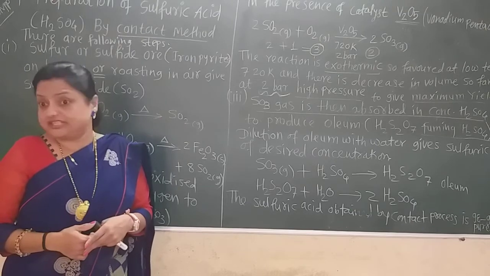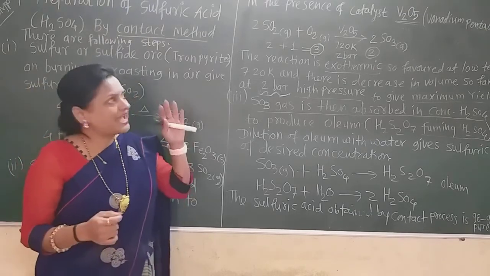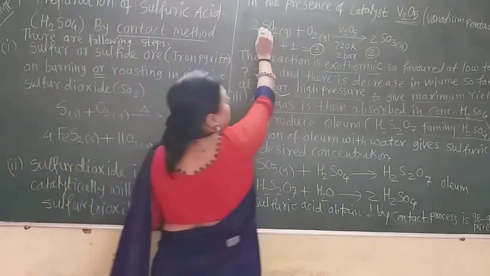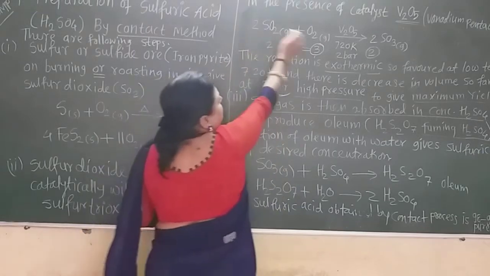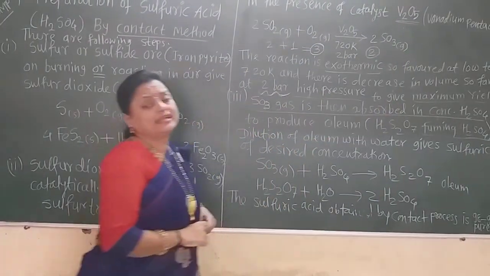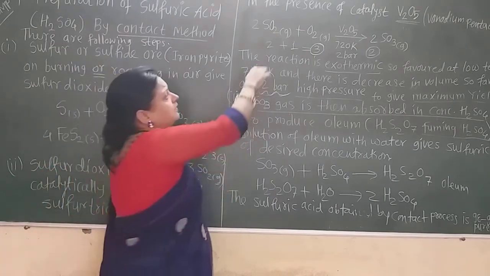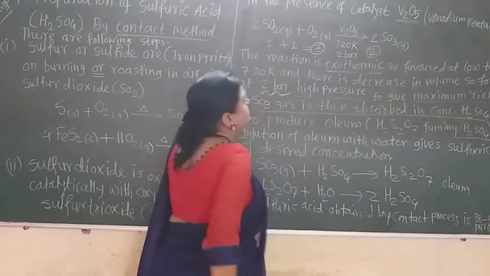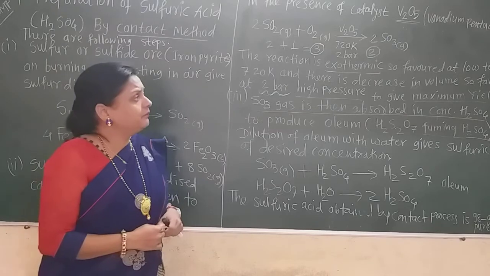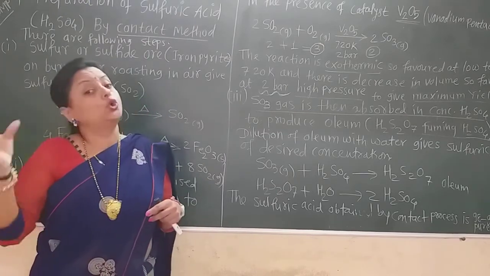The temperature mention is very important and the catalyst mention is also very important on the arrow of this reaction. So this we can balance here. Now twice SO2 is converted into twice SO3 gas. Now there are totally 6 oxygen atoms, 4 plus 2, here are also 6, and 2 sulfur are there. Now this is the second main step, but this is an exothermic reaction, so always favored at low temperature,